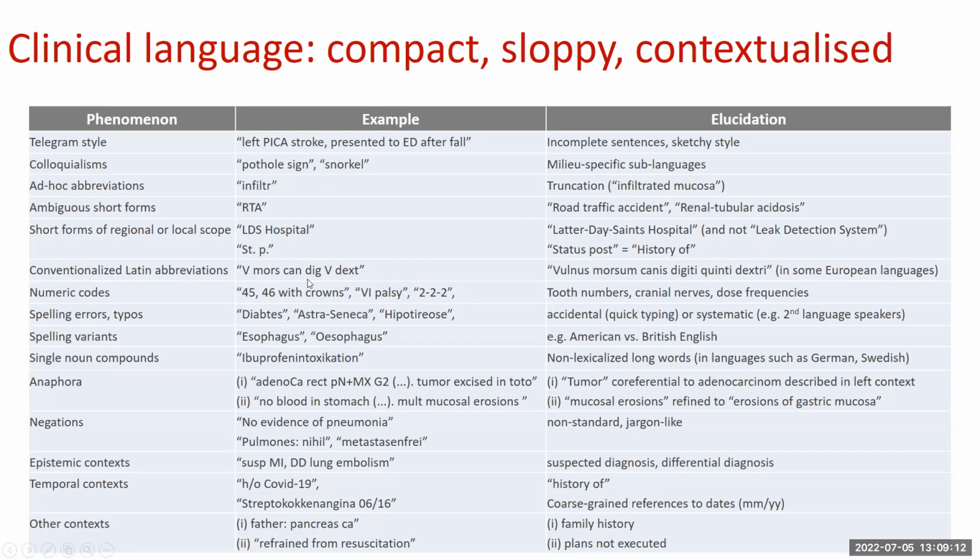This is not a problem really for humans and our, let's say, human-like dealing with language, but it's a real challenge for machines. Not that much as it used to be, but still a big challenge, which is hopefully better and better addressed by artificial intelligence, particularly text mining, machine learning technology. Then you sometimes have numeric codes, for instance, this stands for teeth, or this is a dosage scheme for drugs, which is only used in Europe.